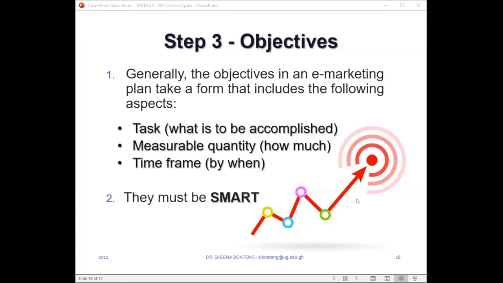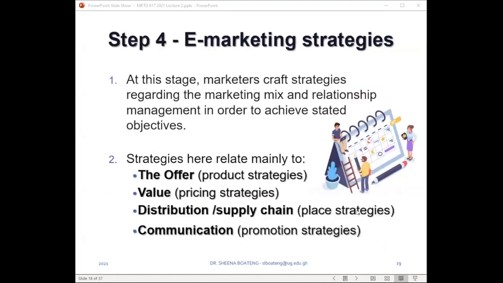Okay, all right. So now that we have created our SMART objectives, the next stage is to now formulate the strategies that will help us to achieve these objectives. And strategy formulation for us usually is done using our most basic set of tools, which is the marketing mix. So when we come to the online medium, because of the faceless nature of the online medium and the lack of physical contact, it behaves more like a service platform where we can apply all the 7 Ps to doing business on the internet. However, we generally like to focus more on the 4 Ps.